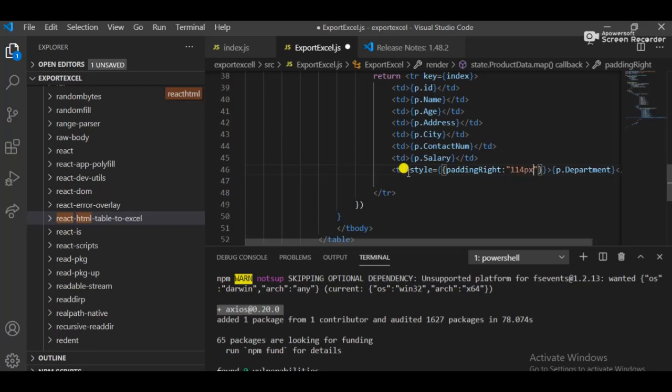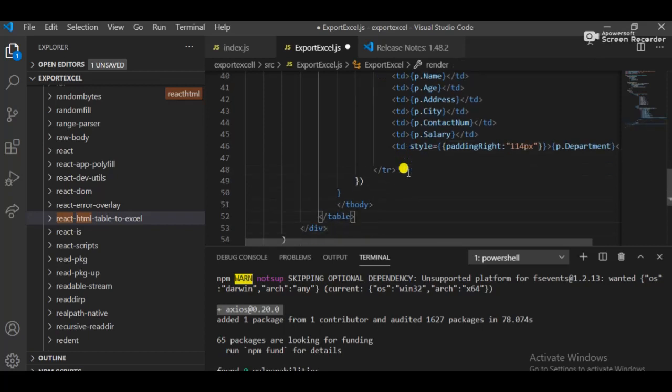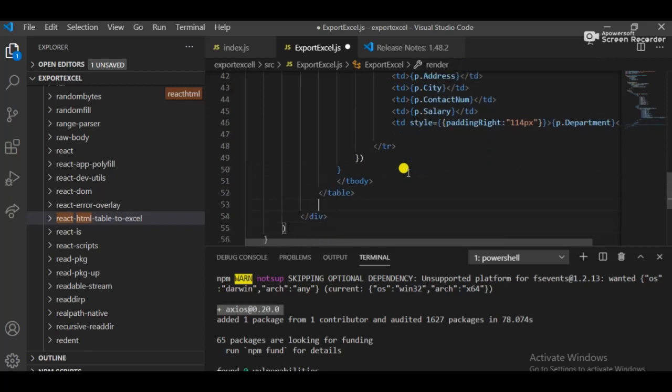In case of attribute, you just add a className, and in the className you have to apply the value of a bootstrap class. It's called btn btn-info,